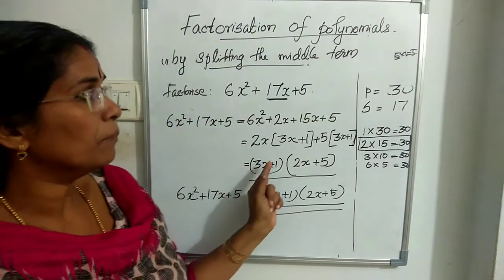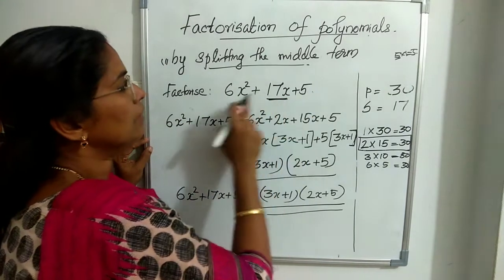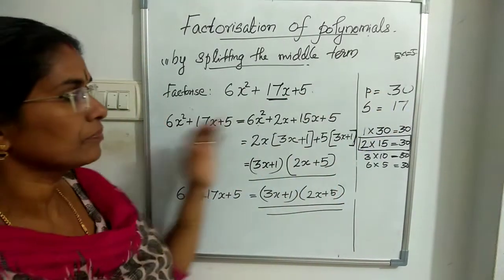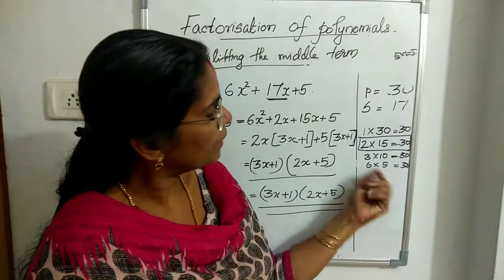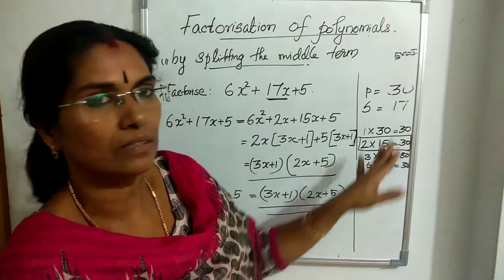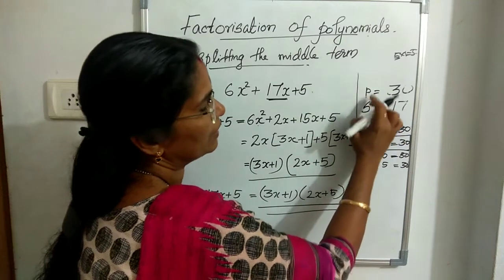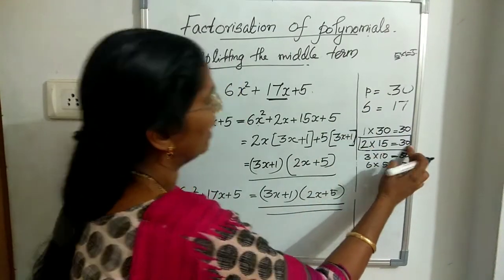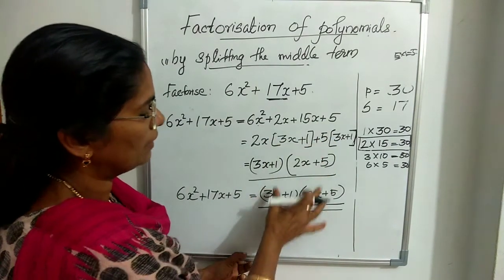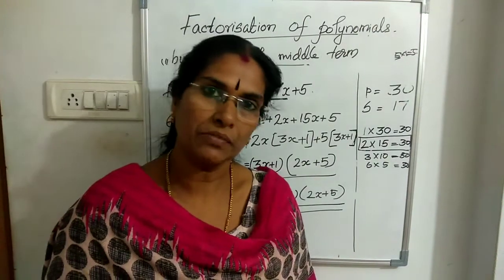One more time, it is very important how to find the product of two numbers. Here we have to multiply constant with the coefficient of x square. This is the only change. Finding the product. After that is sum, and we are writing the pairs of factors of product. It's the factors of the product we are always checking, not of 17. Okay, product's factors we are checking and we are selecting which is suitable for our product and sum. Those two numbers we are taking and splitting the middle term with them. After that we are taking the common terms. Then we will get two factors, here it is 3x plus 1 and 2x plus 5.